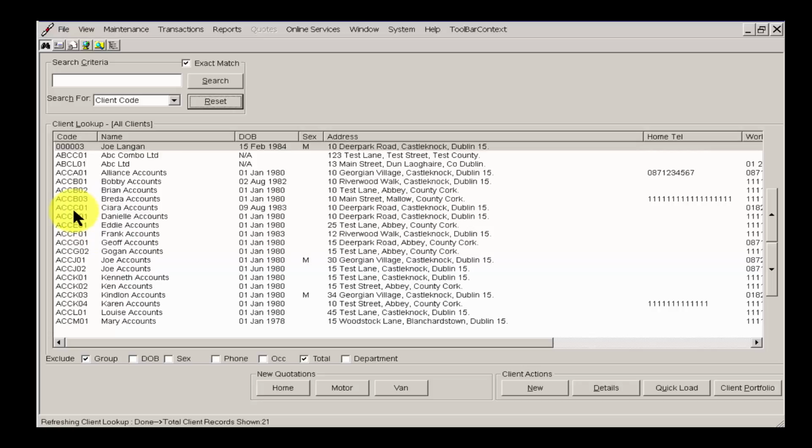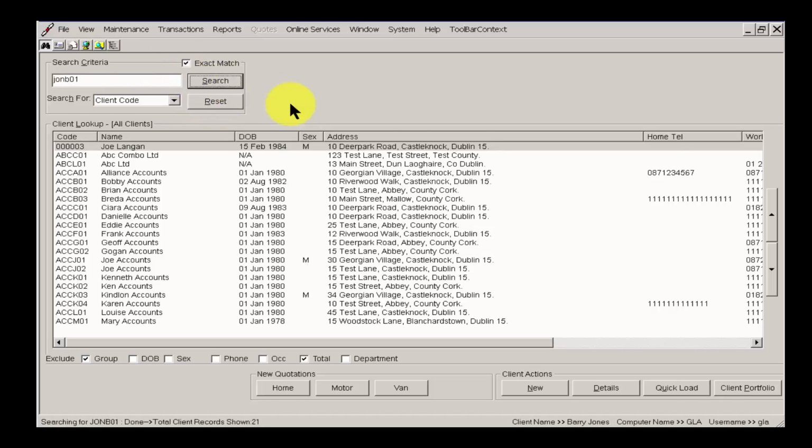The client codes are usually in the format of the first three letters of the surname, followed by the first letter of the forename, and then a number. However, it is possible to change the format of a client code if you contact our customer service team. So it does default to client code as standard, but if I click on this drop down menu just here beside it, you'll see you have other options such as name, address, telephone, date of birth, etc. So whilst it is possible to find customers in other ways, as I said, client code is the best way to do it. So if I just type in a client code here as an example